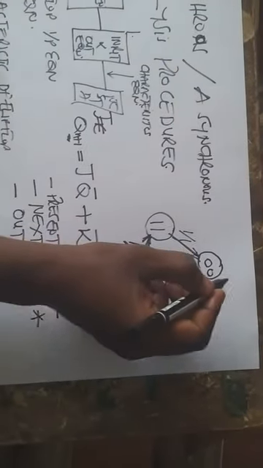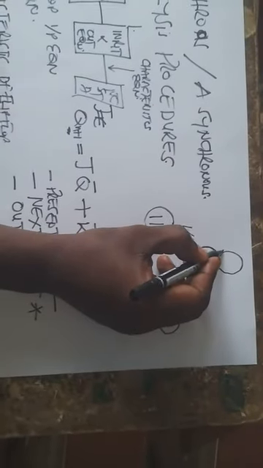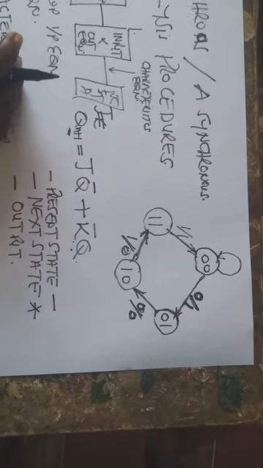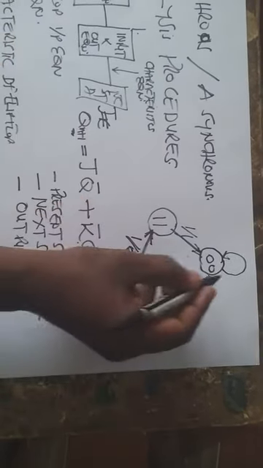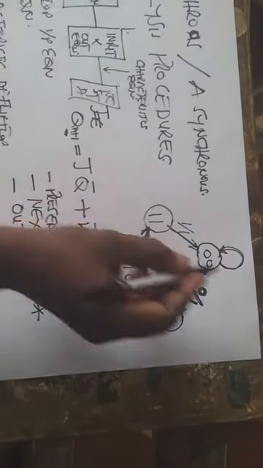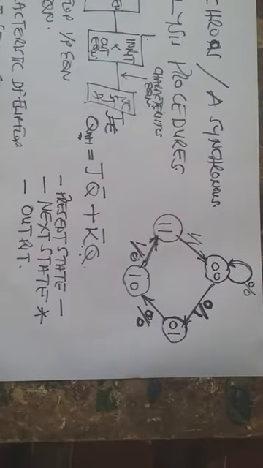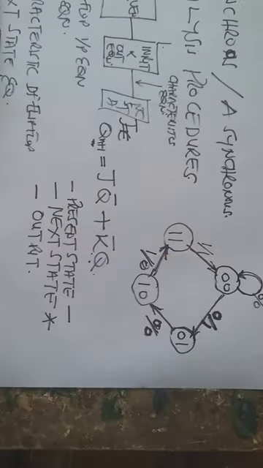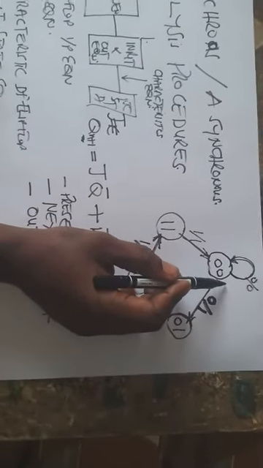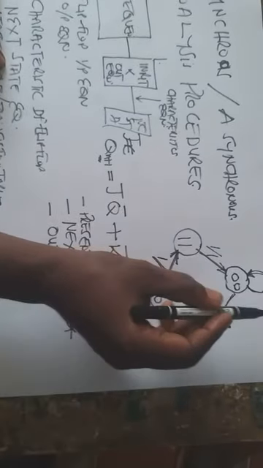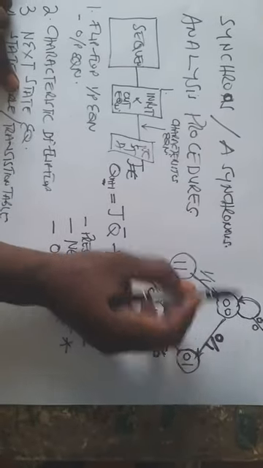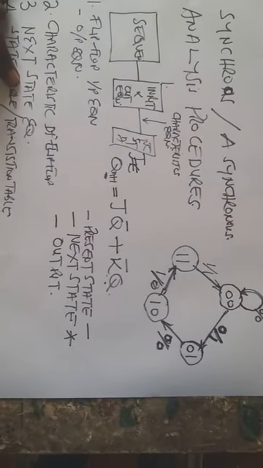Again, on a state diagram, you are going to see something like this. And what is that thing? It is like an arc on a state. And then maybe this. What this is telling me is that at a particular state, when we do not put anything at the input, that is, the input is 0/0, it means there is no change.